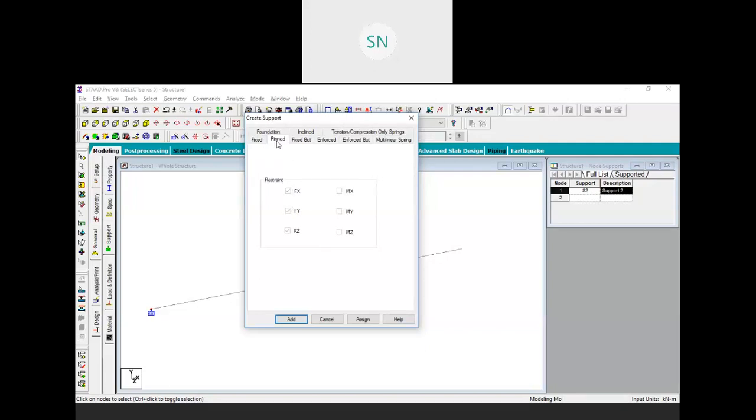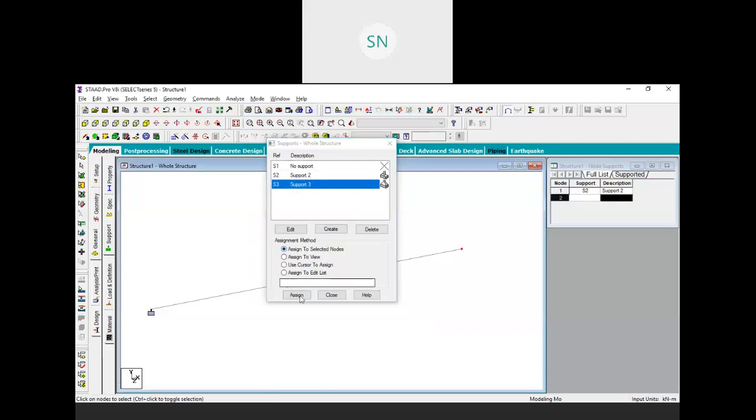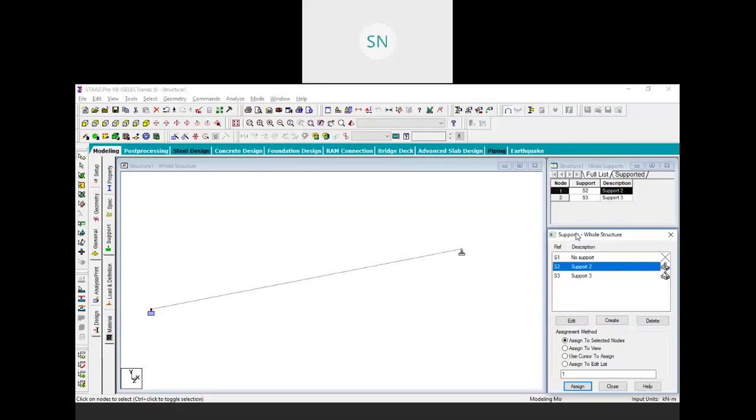So click on this pin support, click on add, and select your pin support, select your node and assign it. So you need to remember that every time whatever you create over here, after creating it, you have to assign it to your particular object. So our third step is also finished.